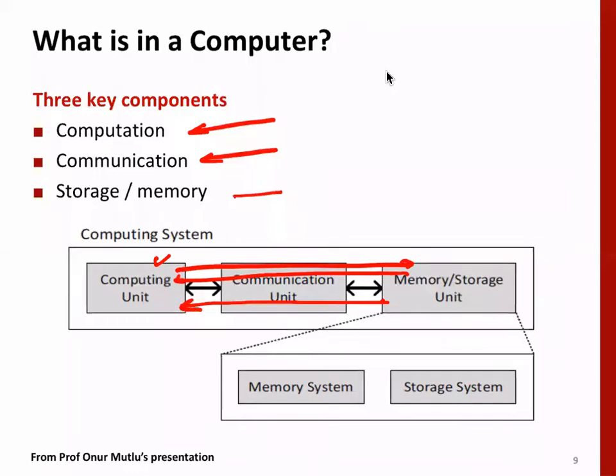Memory, as we have seen, is of two types, volatile and non-volatile. Non-volatile memory we usually call storage, because it's in bulk, like a hard disk drive or tape drive. So we generally associate storage with a hard disk drive or tape drive, or we can say flash memory also in some sense now. The memory is usually RAM, random access memory, SRAM and DRAM in general. Of course, technologies keep coming.